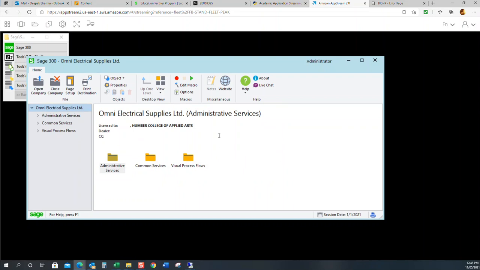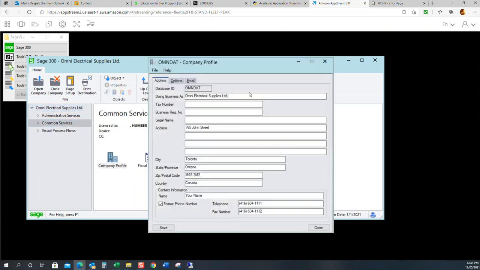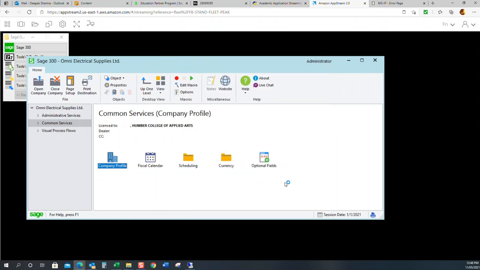Now, the very first thing that you want to do is change the company name to have your name on it. So you go into company services, company profile, and put your name beside that. That way, if you print the reports, it will have your name on it. Save and close. Okay. So what we're going to do in lesson 2 is a GL setup,